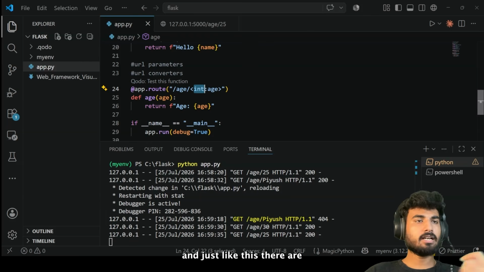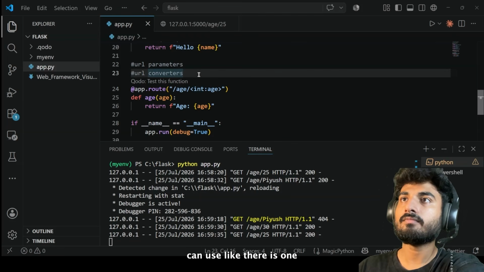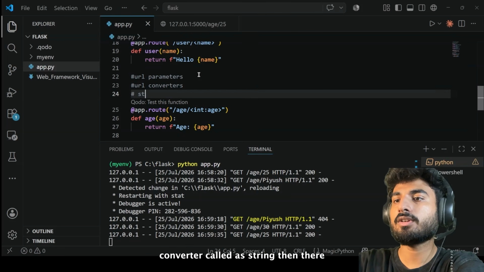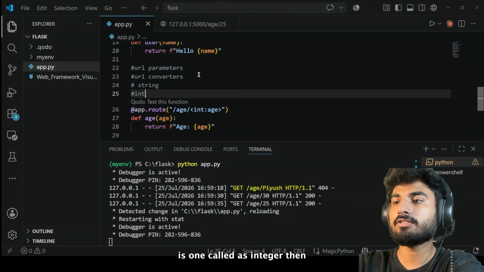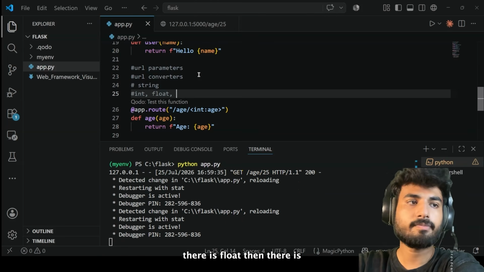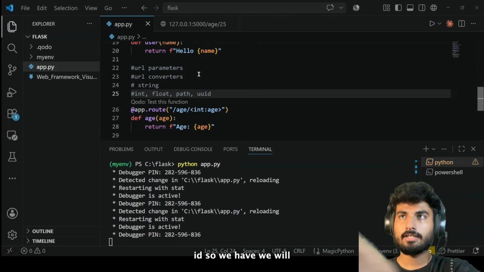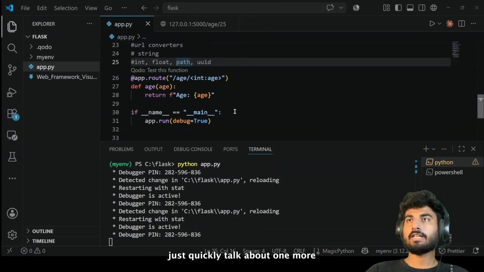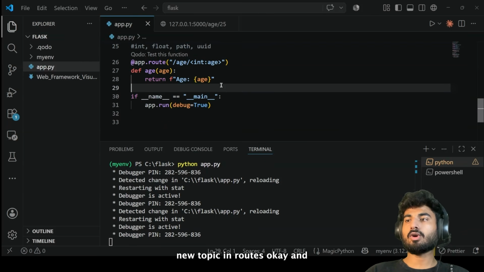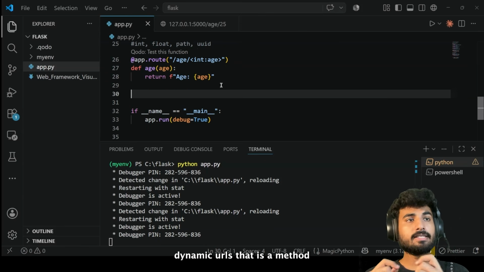And just like this, there are many other converters which you can use. Like there is one converter called string, then there is integer, then there is float, then there is path, and then there is UUID. So we will see all of them one by one, okay? But before that, let's quickly talk about one more new topic in routes and dynamic URLs, that is